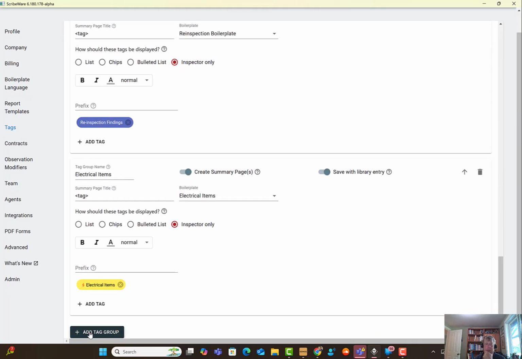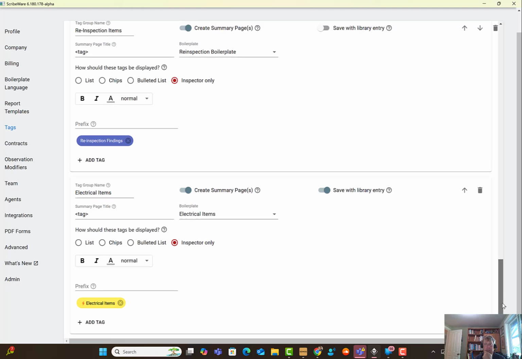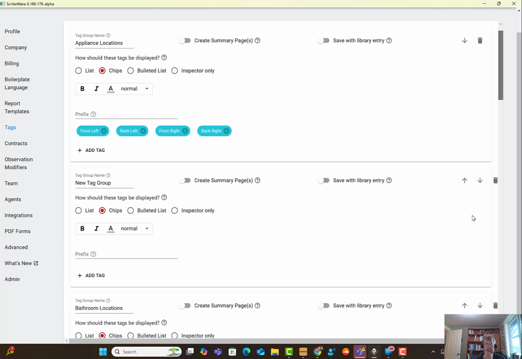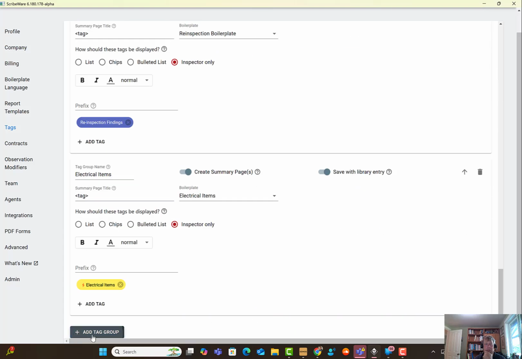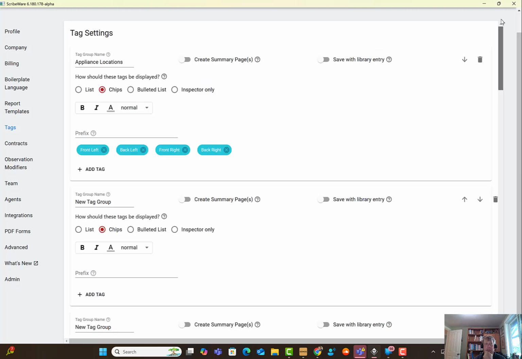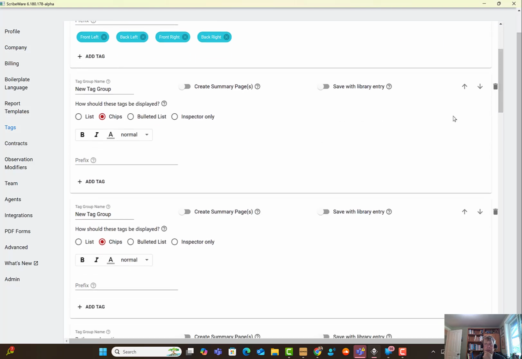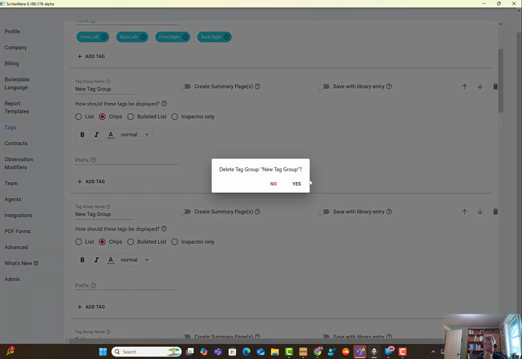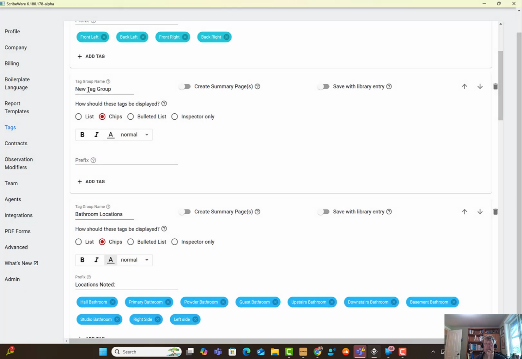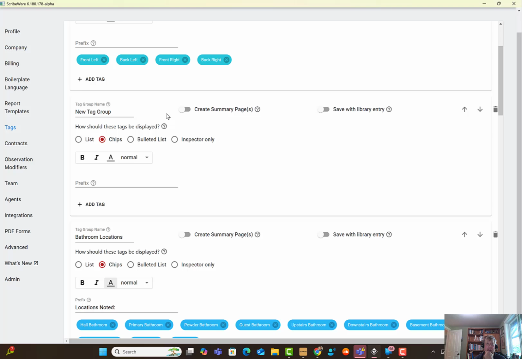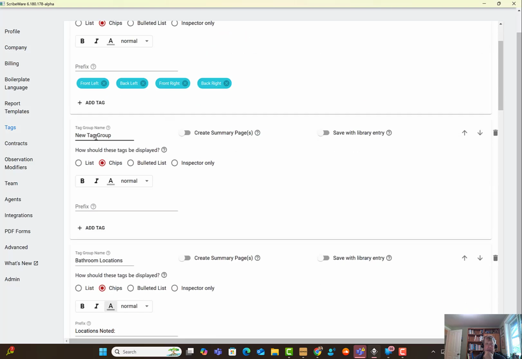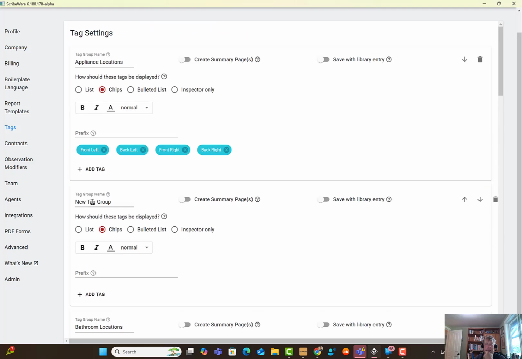Add tag group. It's weird because it goes at the top. I think it does. At least it has in the past. Oh, there they are. Second from the top. That is a little quirky. But I kind of knew to look at the top, and so here's my new tag group. I don't know why it didn't come up here. So we're going to call this plumbing items,